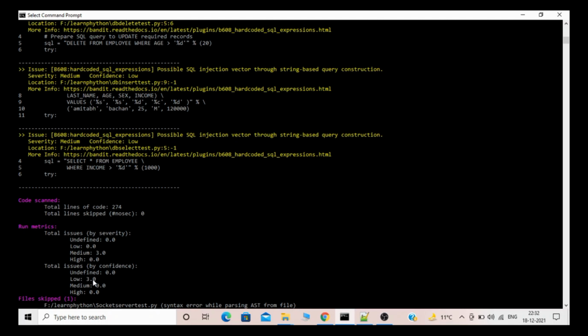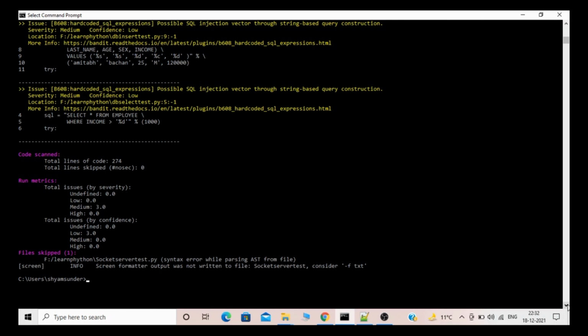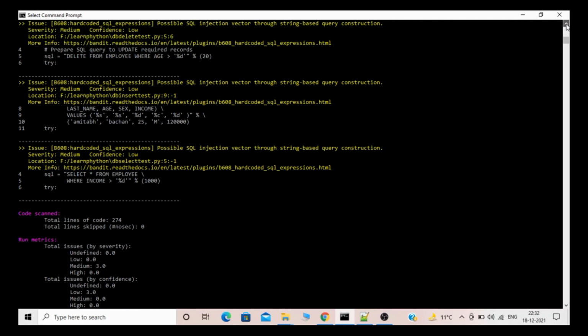The total issues are low as 3.0, and there is a syntax error while parsing the AST in one file. It's like an application security test, so it will give you the result or report like this.